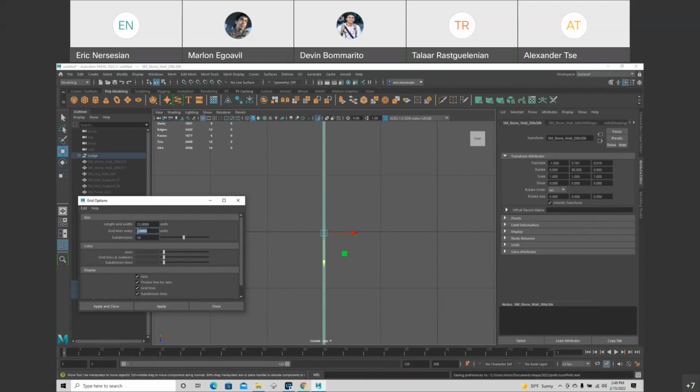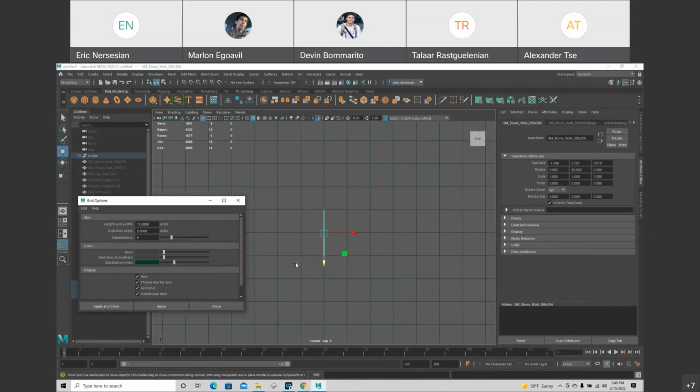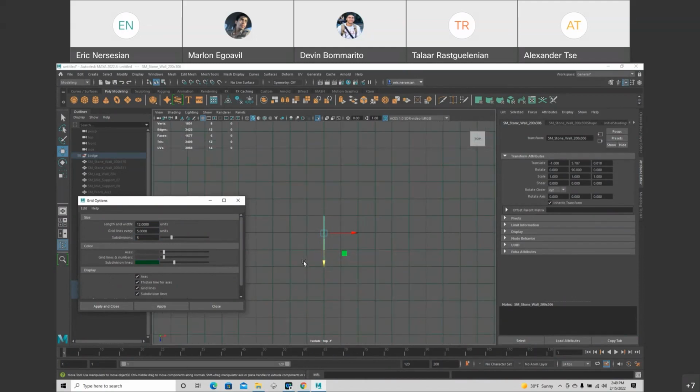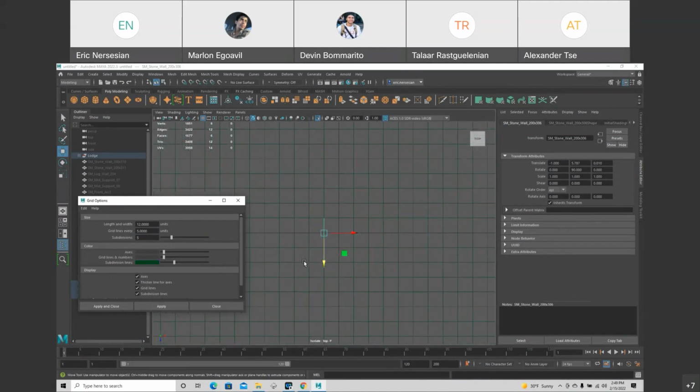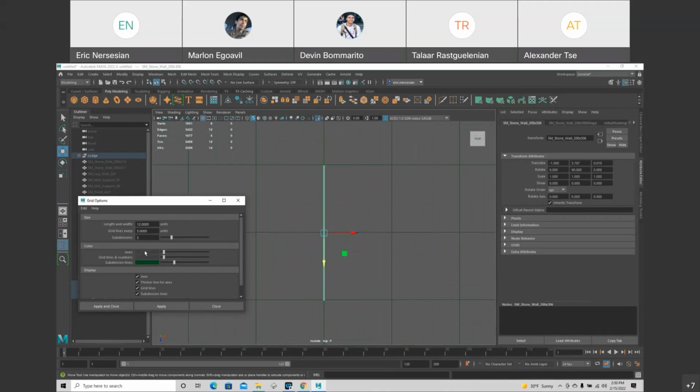So let's say if that's indeed the case, let me switch the colors on these. So say subdivision of, I think I was counting the numbers wrong. See here. Grid lines every 5 units, a subdivision, 5 subdivisions. Grid lines and numbers are gray. Promising the green.